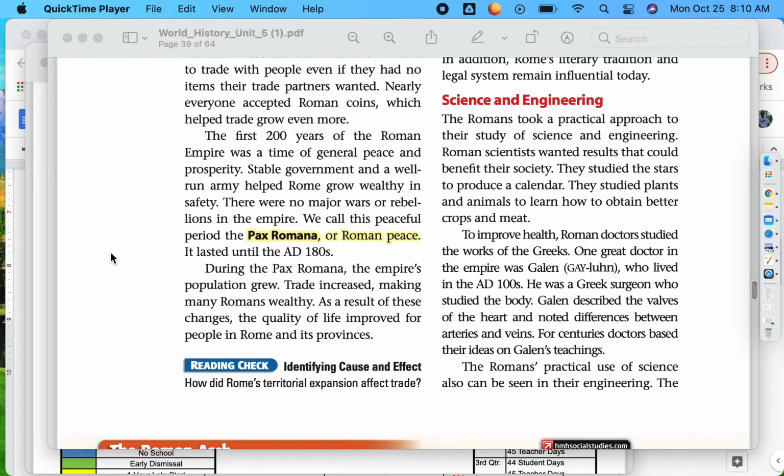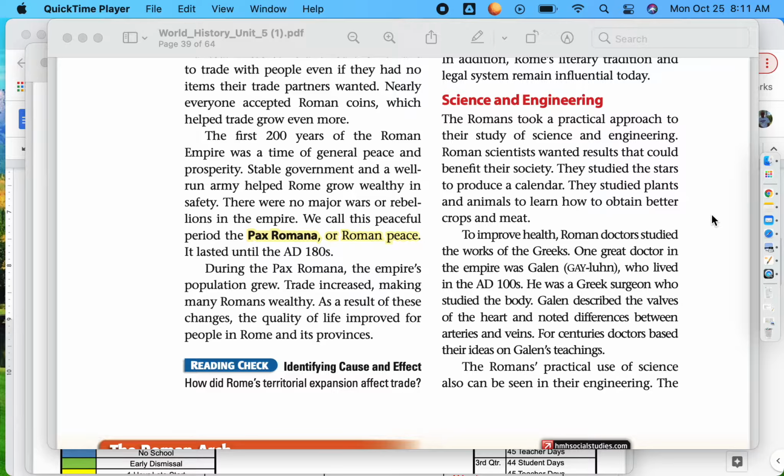First of all, they took a practical approach to their science and engineering. They were just looking for results that benefited Roman society. That's what they wanted. It wasn't that they were just going out to look for some cool things or whatever. They wanted to know, how can this benefit our society? So you had astronomers that would study the stars, and they developed a new calendar, a calendar that is still